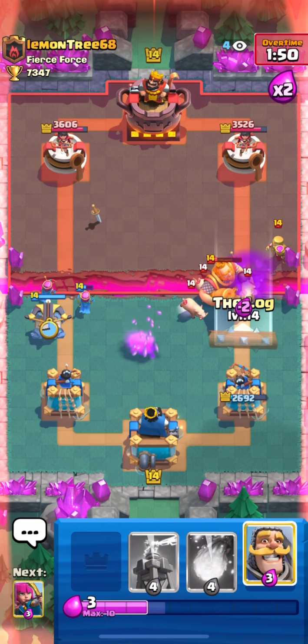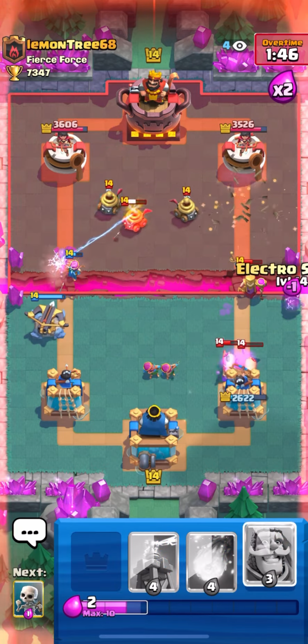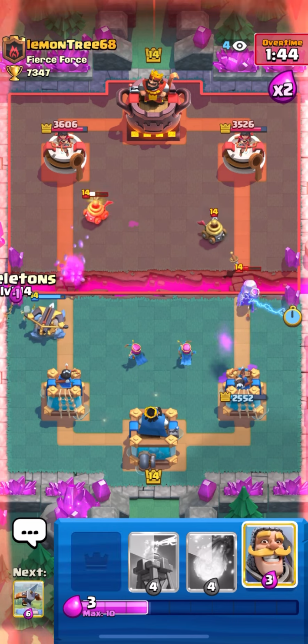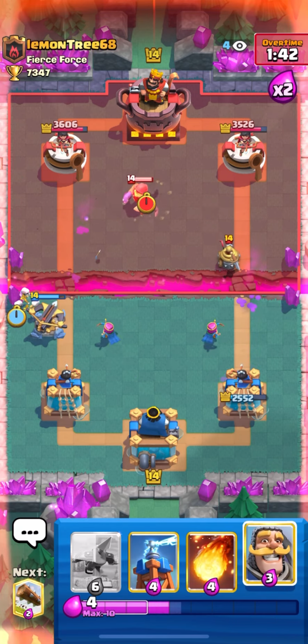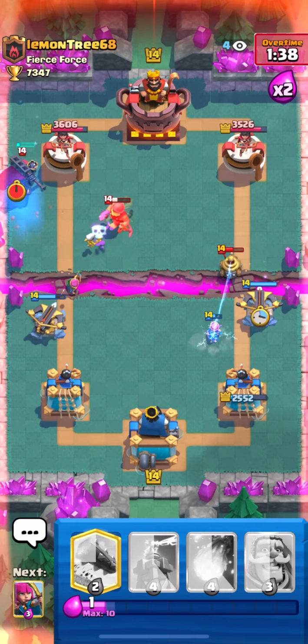I'm just going to log to defend everything, and then I'm going to XBOW on the left, because he has no elixir right now. I'm going to E-Spirit to make sure that Mother Witch doesn't hit my tower. I'm going to Fisherman, or Skelly's the Fisherman here, okay? He's going to have to Skelly King or Fireball on the left, so I'm going to XBOW on the right